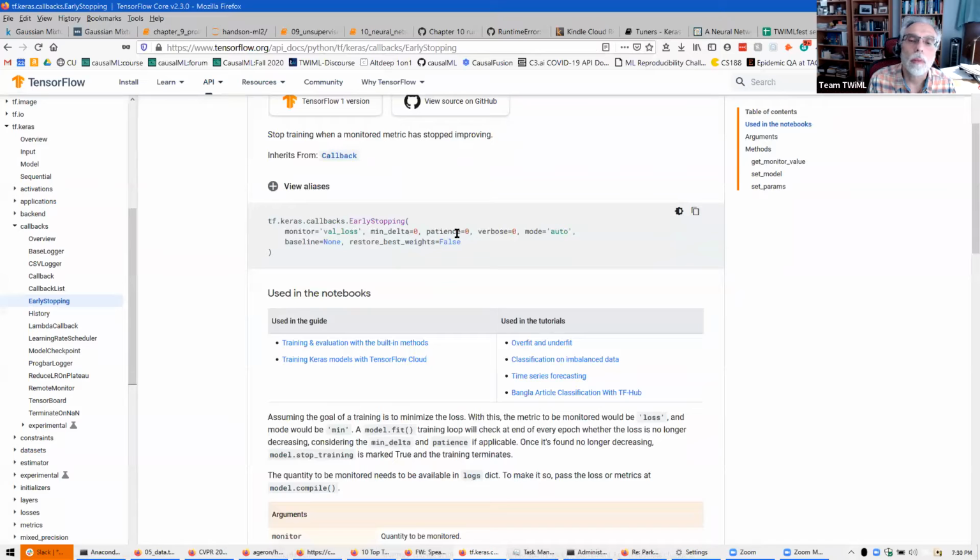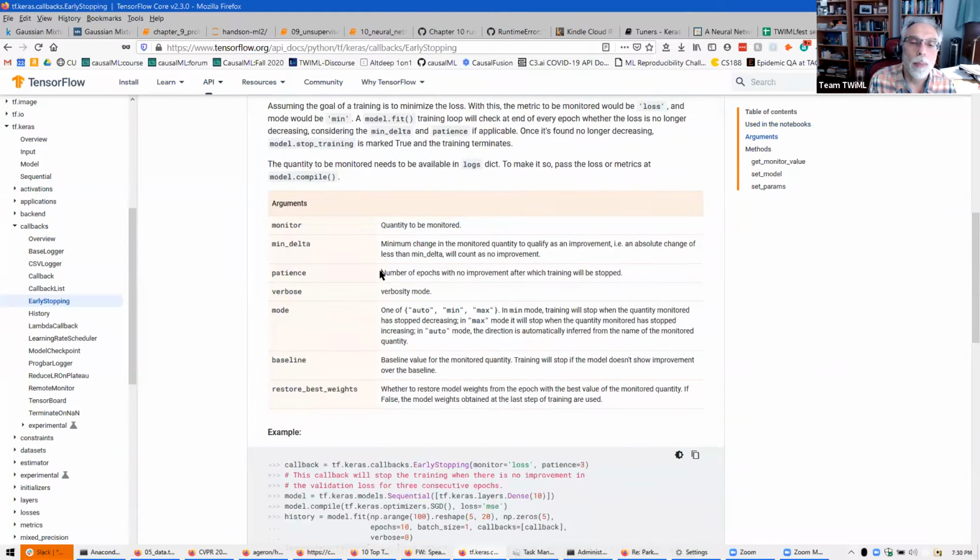Okay, so there it is, patience: number of epochs with no improvement after which training will be stopped. So patience equals 10 is pretty conservative. It's saying we want to see things come to a halt for 10 iterations in a row. So for 10 epochs in a row with no improvement up to